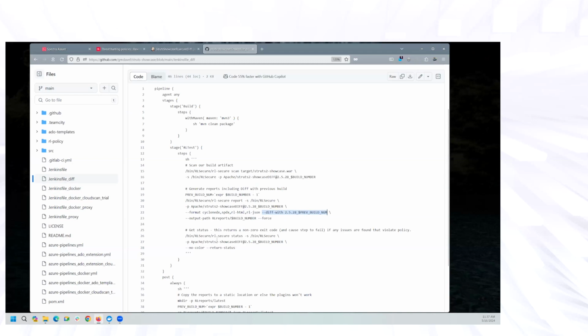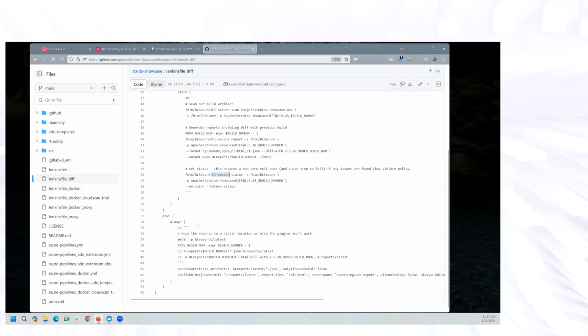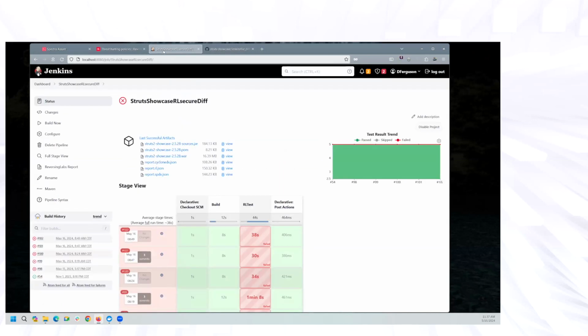And then the final step is just to run the status command, which basically just returns a 0 or a 1. If the scan failed policy, we'll get a non-zero exit code, and that'll fail the pipeline, which is what we want in this case. If we're not passing policy, we don't want to continue on. We want to fail the build and investigate. And then the post-build step is just to publish those reports as artifacts of the pipeline. All right, so now that I've explained the pipeline script,